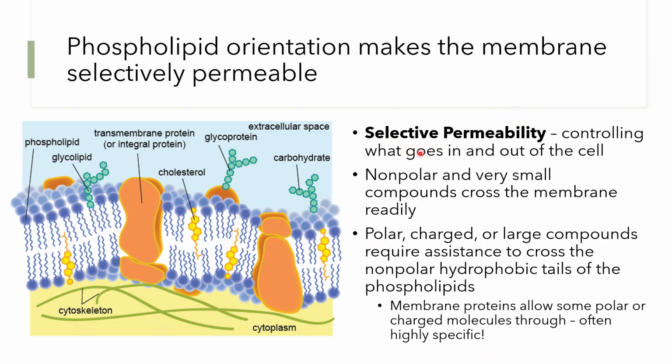Selective means it chooses what particular things to let in and to keep out. Permeability is passing through something. So anything that is nonpolar and very, very small can cross the membrane directly because it's able to cross through this very nonpolar hydrophobic area, because either it's the same or it's small enough to not really cause a problem